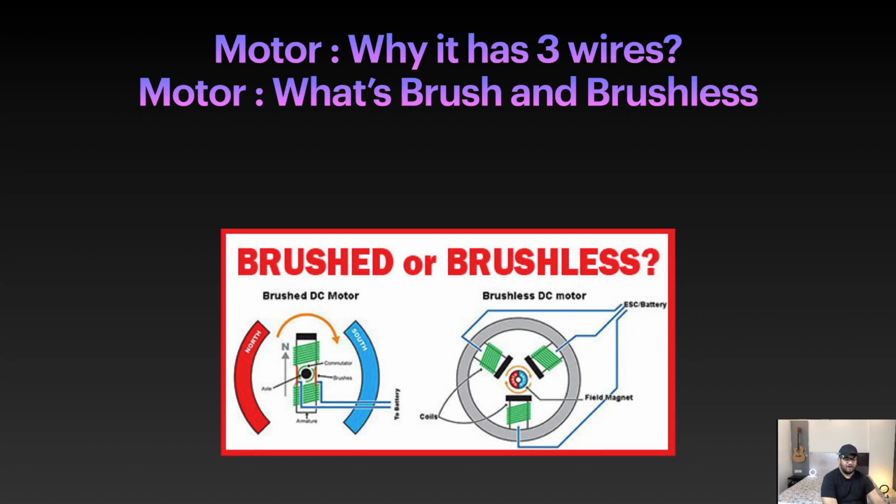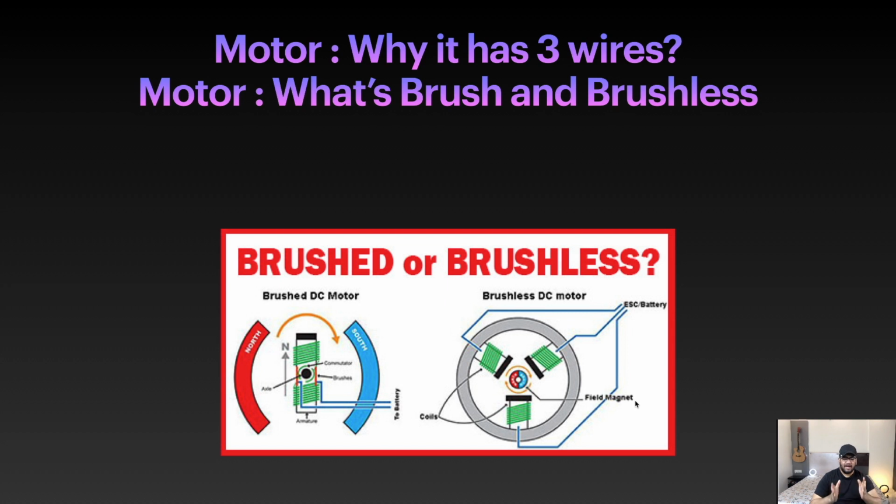As you can see on the right, we have a brushless motor, and instead of two coils as in the case of the brushed motor, we have three coils here, and we are alternating the current in these coils. So basically, we are providing a three-phase AC source in the brushless motor instead of a DC source. The property of a three-phase AC source is that it has a rotating magnetic field, so it keeps on rotating, and the permanent magnets are here. Because of this relative rotation of the electric field coming in contact with the magnetic field, we get